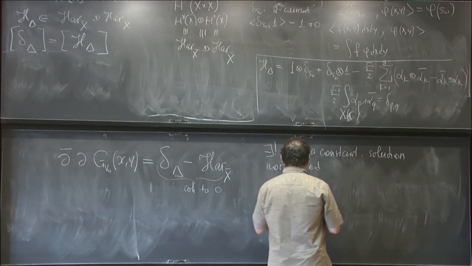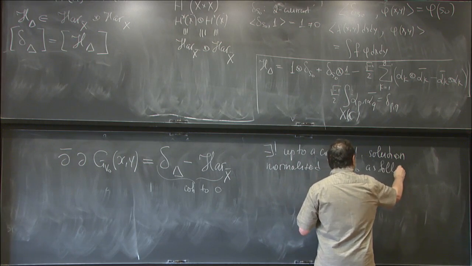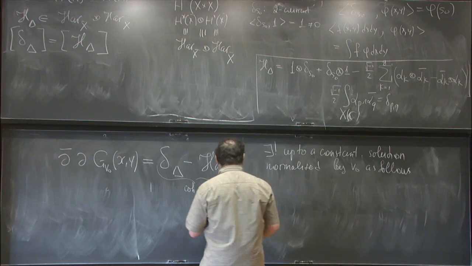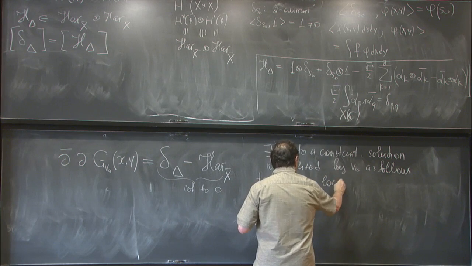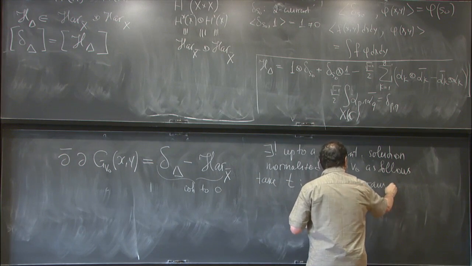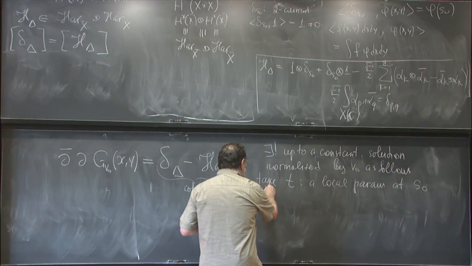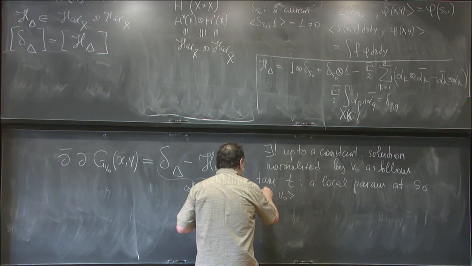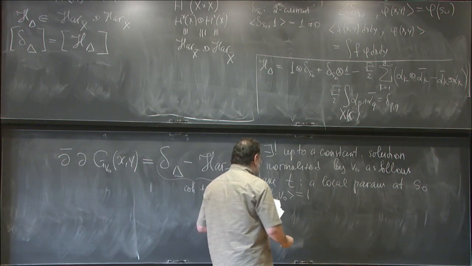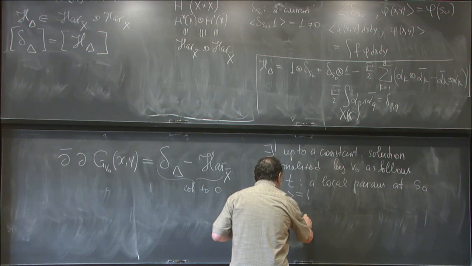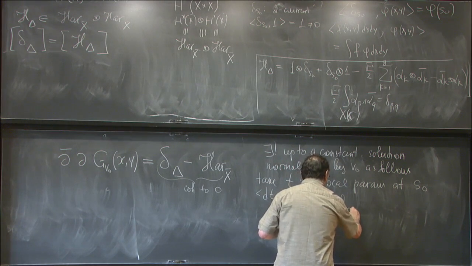So it's normalized by V0 as follows. I take t, a local parameter at the point S0, and it is normalized in such a way that dt V0 is 1. That's the normalization of this local parameter. That's why V0 matters. And then the condition is that this g V0 of xy minus logarithm of the absolute value